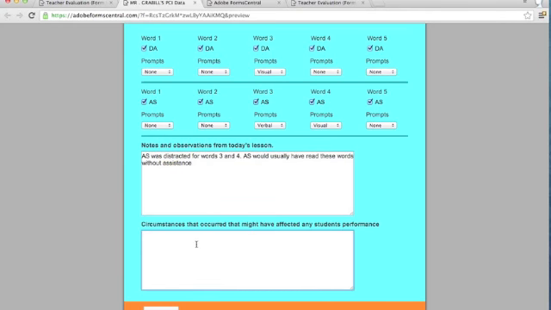So let me finish typing that up real quick, and then we'll go over and view the data and how it is viewed within the... Okay, so as I'm typing that in,